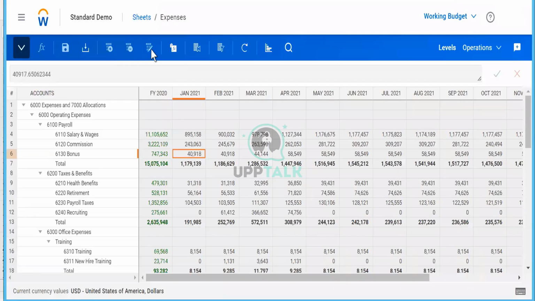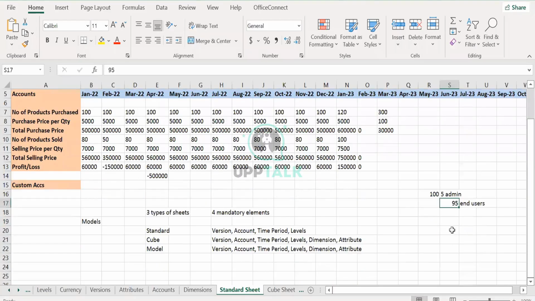But you understood the purpose of these options. Let's assume you have an account with the name bonus and you want to understand what is in the bonus, with cost centers like admin, finance, or something, and you want a breakdown here.